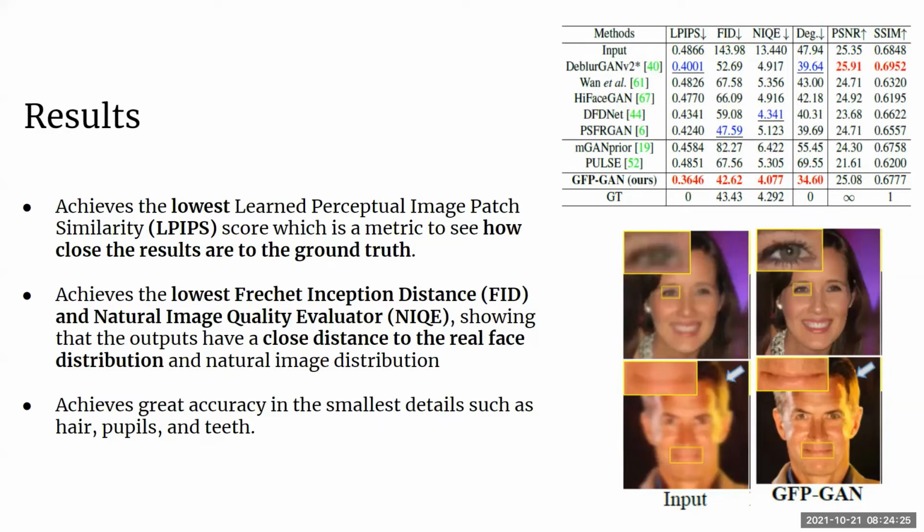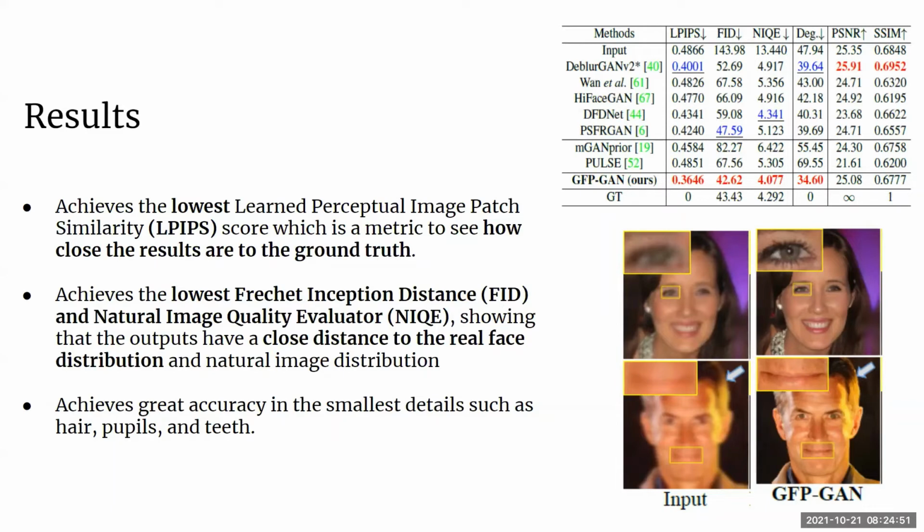It has the lowest LPIPS score, which stands for Learned Perceptual Image Patch Similarity, which basically shows how close the predicted image is to the ground truth. It also achieves the lowest FID and NIQE scores, showing that